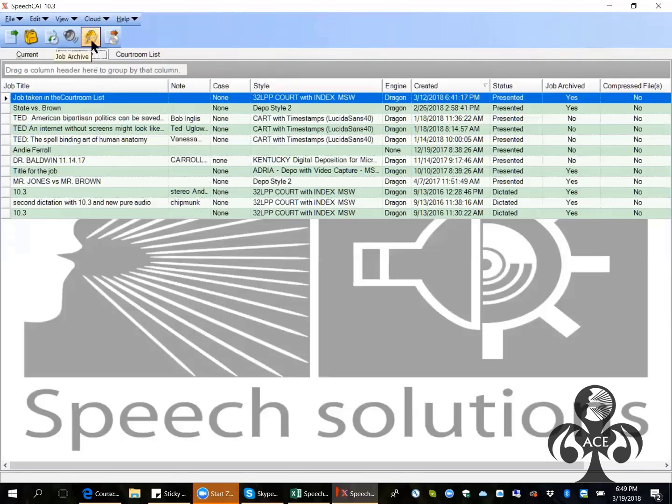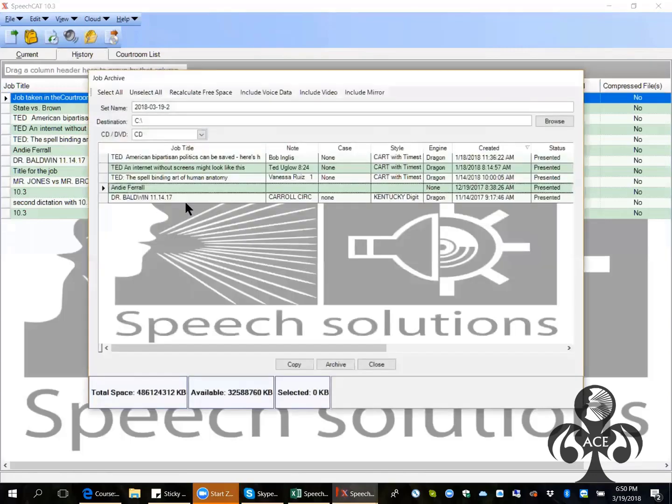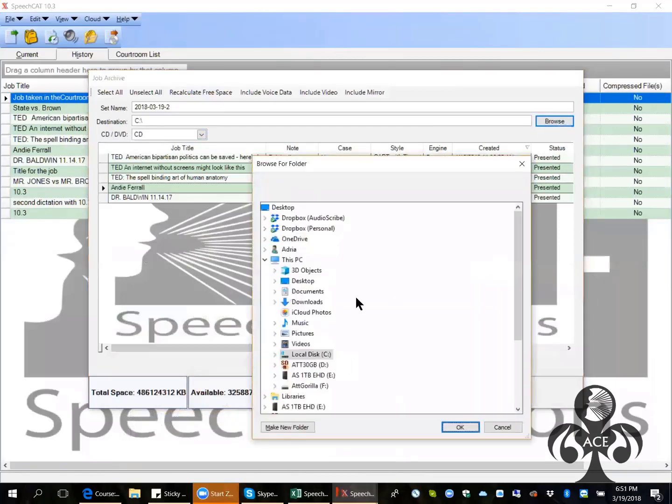And so we're just going to click on Job Archive, and notice that there are some files here that have already been job archived. Those will not show up when I go to the Job Archive screen. Only the ones that have not been archived will show up. And there they are. And I don't want to make a copy. Now, notice that my destination is C. I didn't change that on my last one, but I should have, because